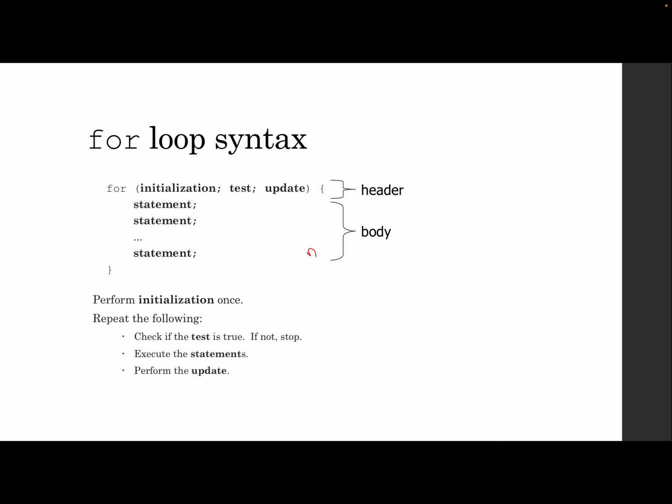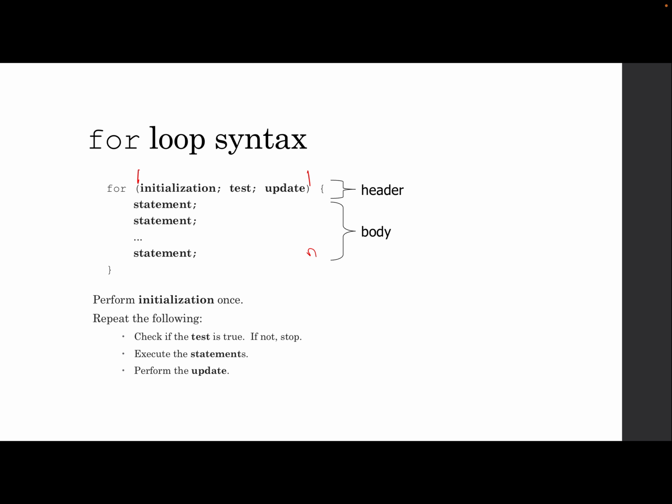Loops are another concept that you've likely seen before. The good news is that the logic hasn't changed. The only thing that's different here is the syntax. So a for loop has 3 parts. It has an initialization, it has a test condition, some Boolean, and it has an updating statement. And all 3 of these pieces are going to appear inside of the